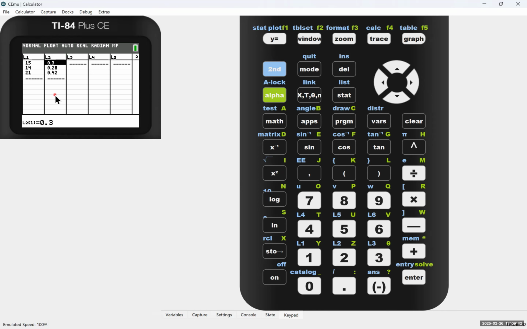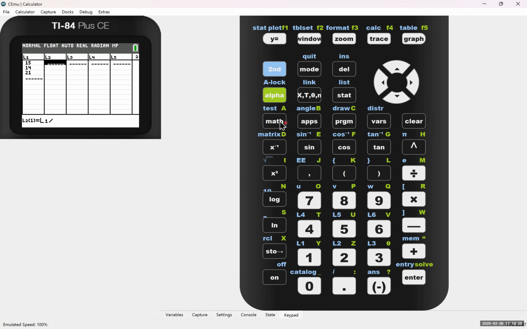Another way is, what if you didn't even want to add these up? Because you remember the sample size is 50, and another way you get the sample size is by summing up this entire column. So how could we tell the calculator, take L1 and divide it by the sum of L1? The sum function, and again, this is in your notes,